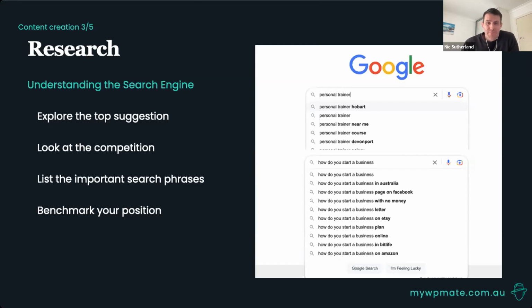If we already have a website, then we can explore our marketplace and really start to understand our current position. We can chart our current position in the search results, and then we can come back and measure that later once we've made some improvements. And we can also look into our competitors' websites and see what phrases are really evident on their page. And then we can check back using those search phrases in the Google search engine and see where we are positioned in the search results.